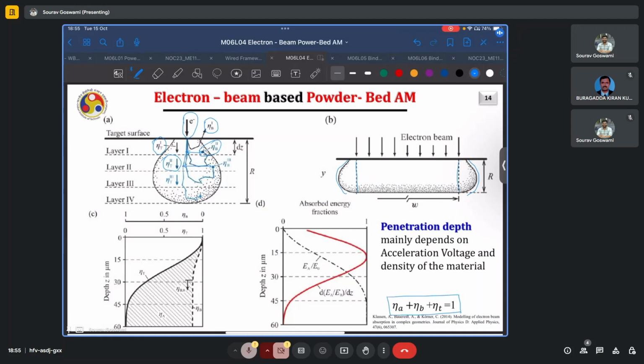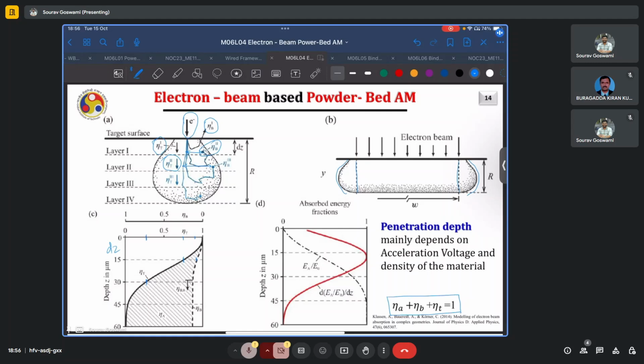So if the layer thicknesses are taken to be some 15 microns, which is the value of dz here, we see that in the first layer, the transmittivity is almost like 0.25 and the fraction of backscatter is say 0.15 or so. Now in the second layer, the transmittivity fraction reaches maybe 0.6 or 0.7,